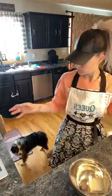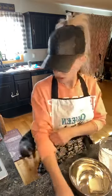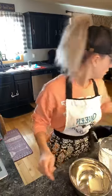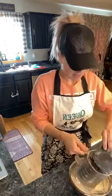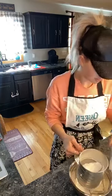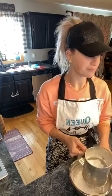So we've got our 4 ounces of cream cheese softened, 1 cup of powdered sugar. I almost used my flour, you guys. That would not have been yummy frosting. So, a cup of confectioner's sugar. I think I am going to sift this as well to get us a nice, smooth cream cheese frosting. So, 4 ounces of cream cheese, a cup of confectioner's sugar,